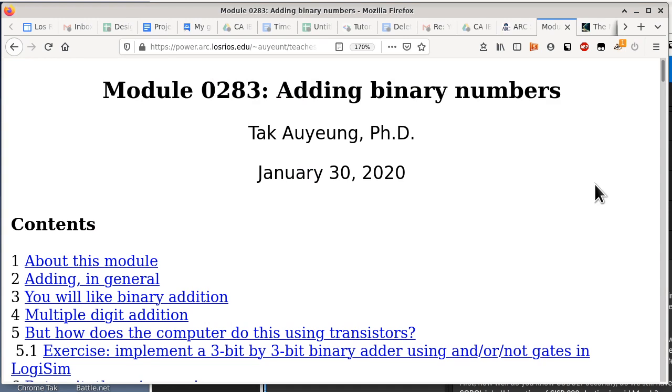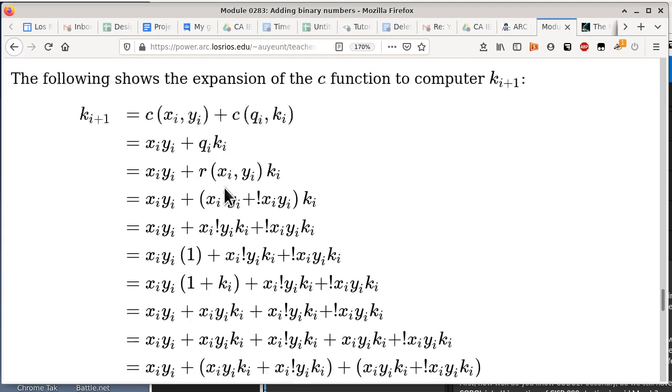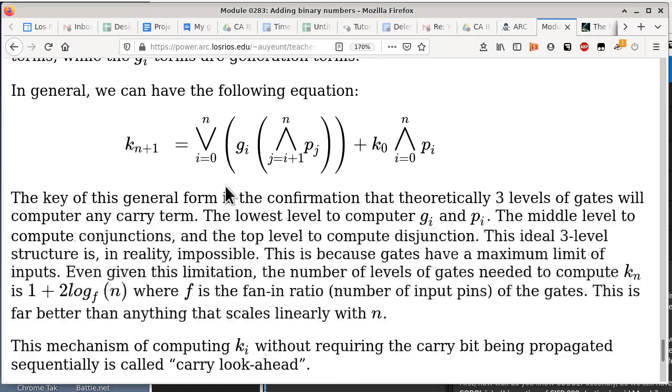All right, so what we'll do today is take one last look at the carry look-ahead adder, particularly that gigantic and seemingly complex AND-OR expression. What I'm talking about is here in section 6, this mess here. We'll take a look at it, and then I'll try to write a pseudocode thing to basically